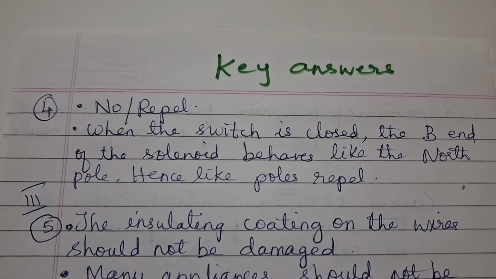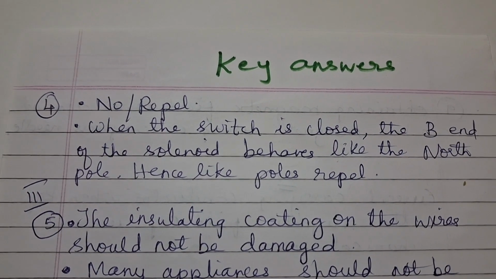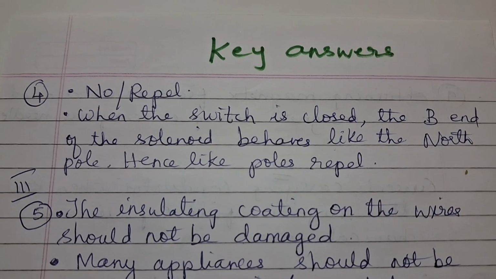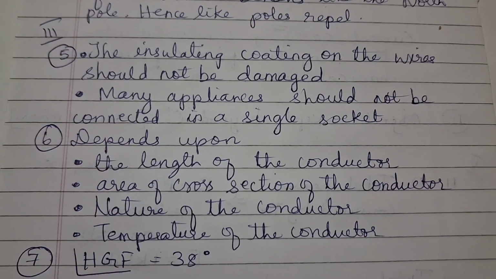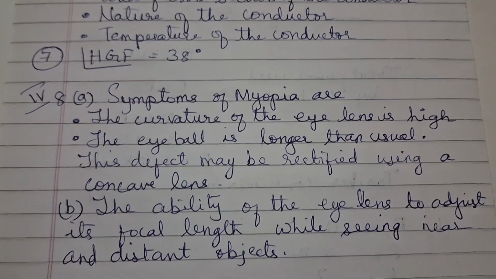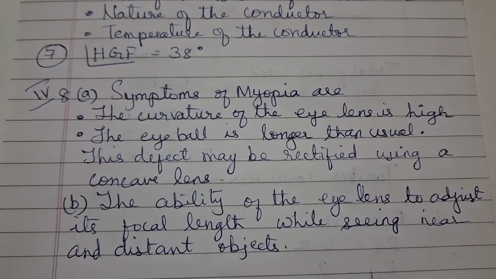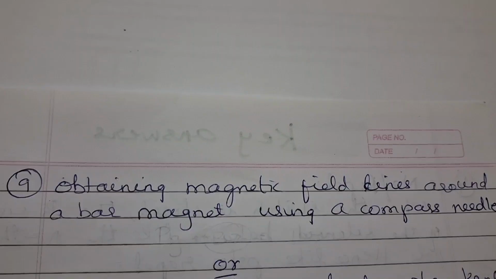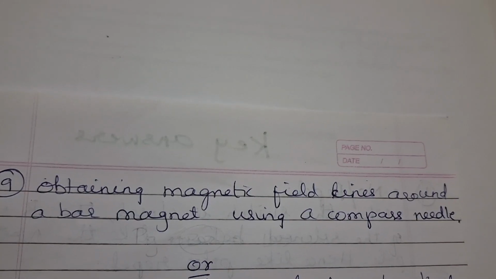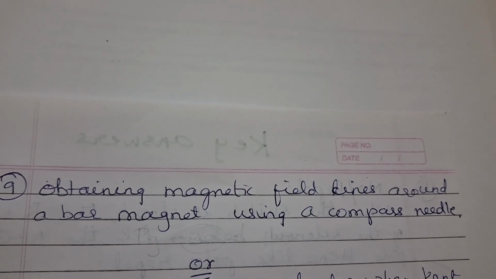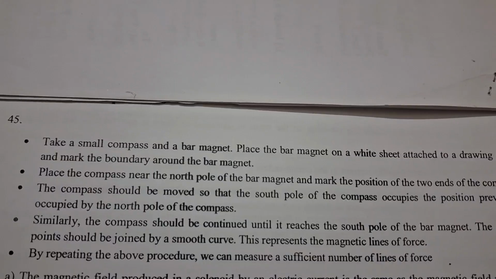Key answers from 4th. So objective I have marked then and there. From the 4th question, answers are here. 5th and 6th. 4th mark, 8th A and B. Obtaining magnetic field lines around a bar magnet using a compass needle. For this answer,